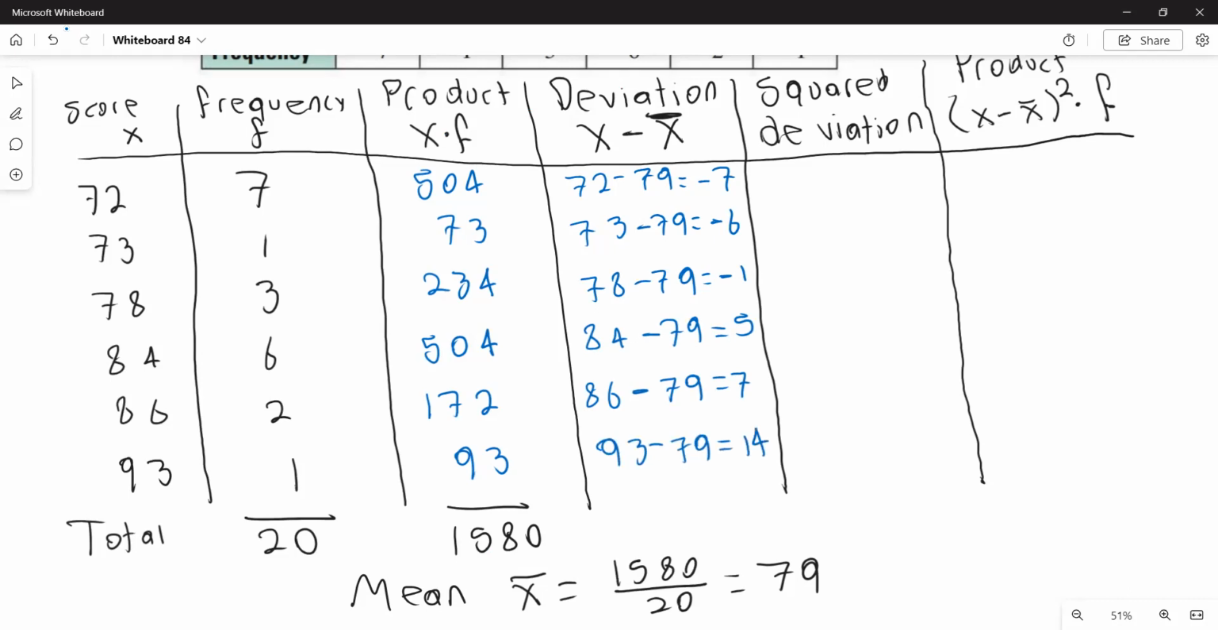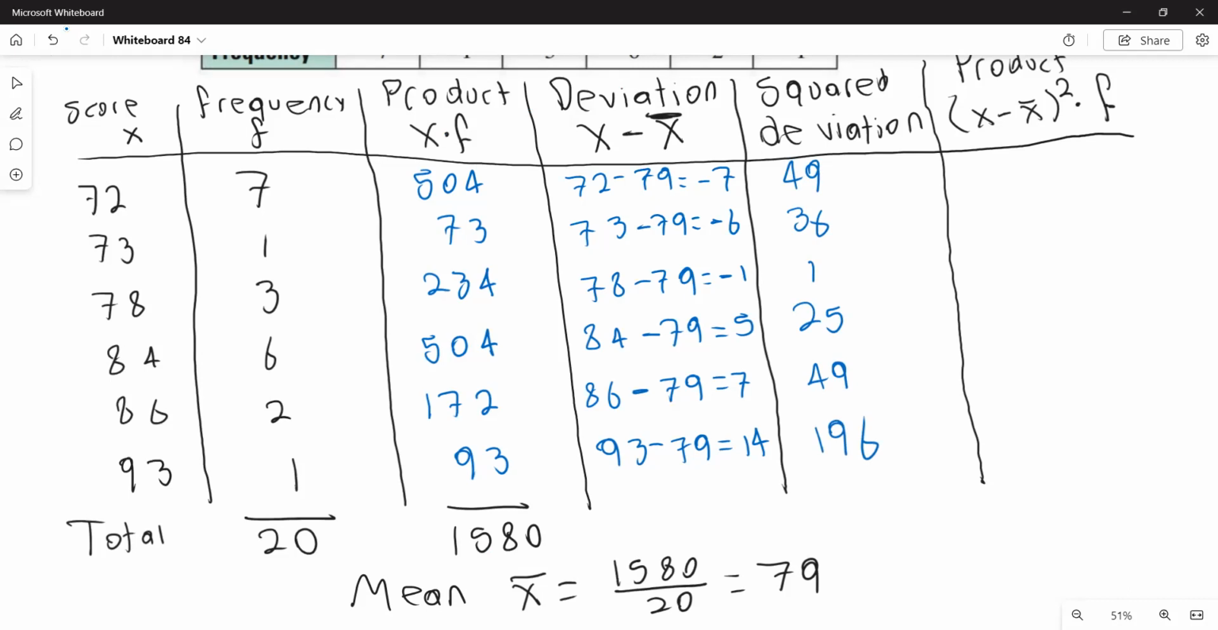Okay. We don't need the total for that. The total is not very useful. So we are going to square the deviations. -7 times -7 is 49. -6 times -6 is 36. -1 times -1 is 1. 5 squared is 25. 7 squared is 49, and 14 squared is 196. So with these square deviations,